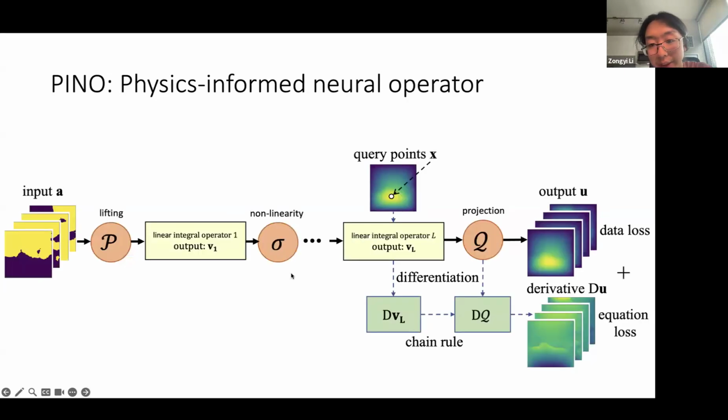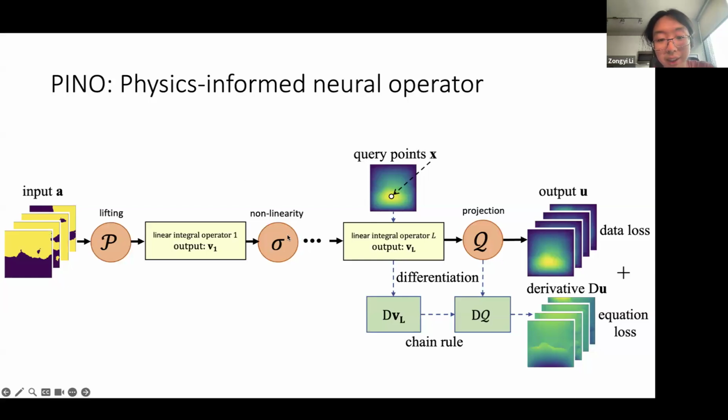One technical consideration is how to take derivatives exactly. But the good point is, since we use Fourier series to express the Fourier neural operators, all the Fourier series can be exactly differentiated. We know that the derivative of sine is just cosine, and the derivative of cosine is just minus sine, right?